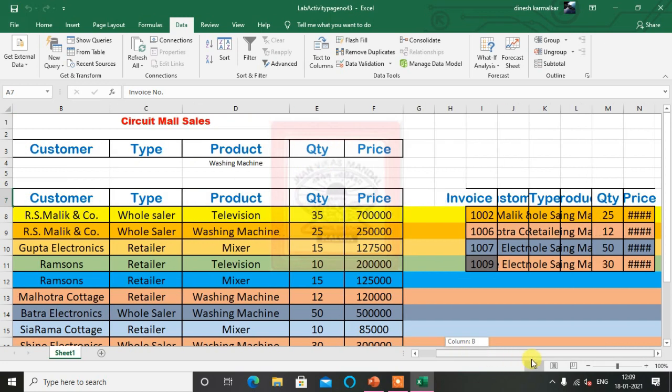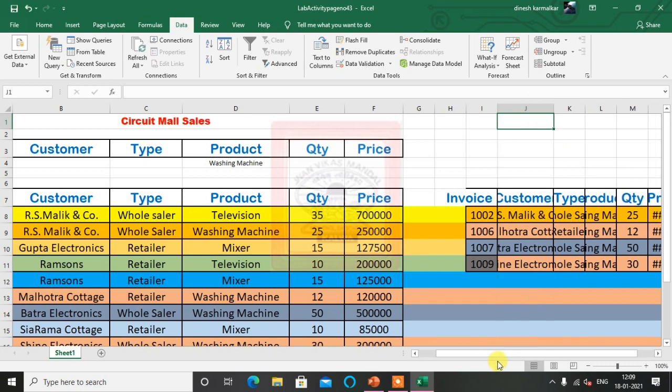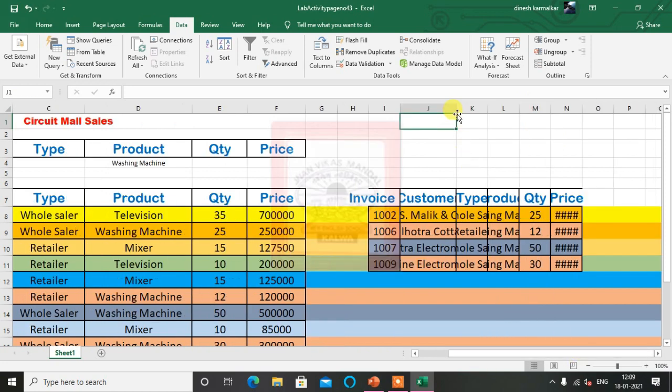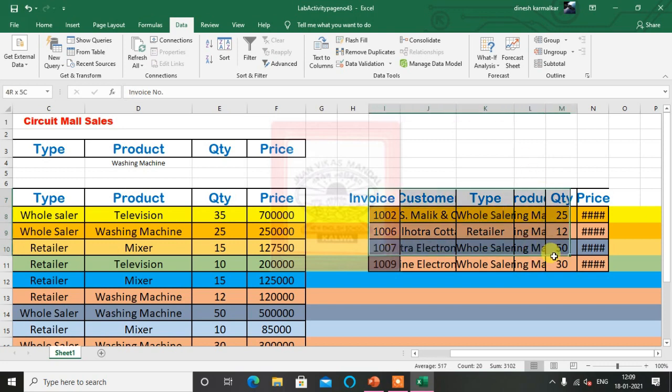So here you can see we are getting this. We only have to increase the width because these are bigger ones here, or you can just select this and make it small.